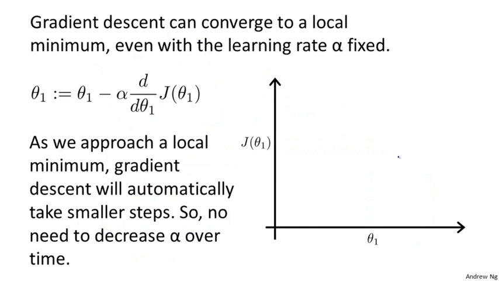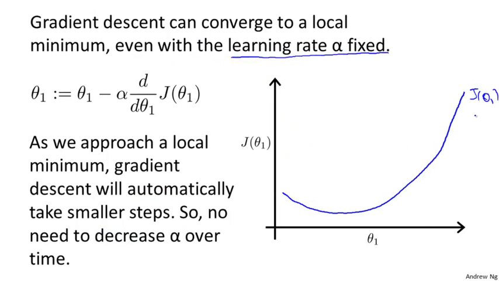It doesn't change the parameter, which is what you want because it keeps your solution at the local optimum. This also explains why gradient descent can converge to a local minimum even with the learning rate alpha fixed. Here's what I mean by that. Let's look at an example. So here's a cost function J of theta that maybe I want to minimize. And let's say I initialize my gradient descent algorithm out there at that magenta point. If I take one step of gradient descent, maybe it'll take me to that point because my derivative is pretty steep out there, right? Now I'm at this green point, and if I take another step of gradient descent, you